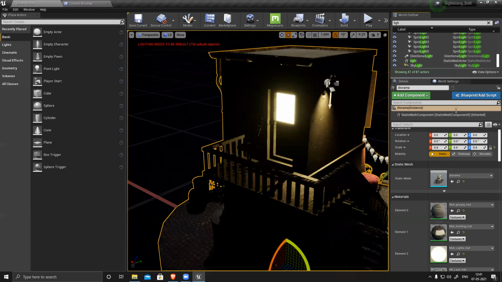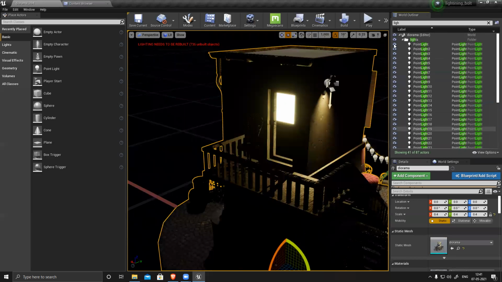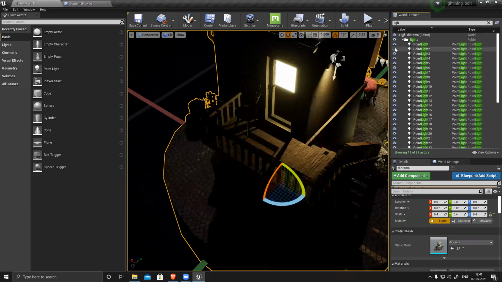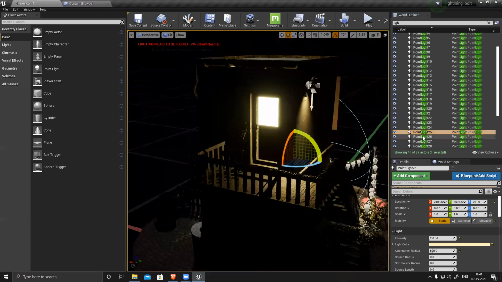Now I have to set up my scene. I have all these lights in my scene, so I have to see. Okay, its shadow is coming from some light, so I have to check. Check, check.